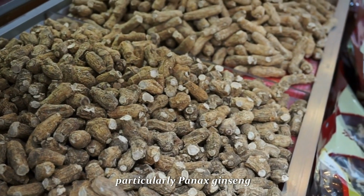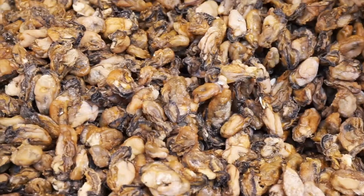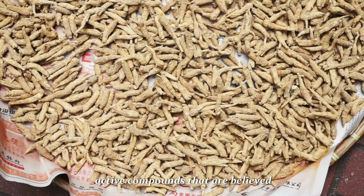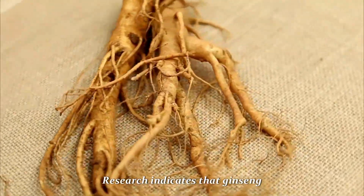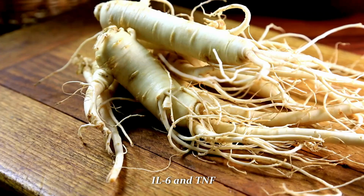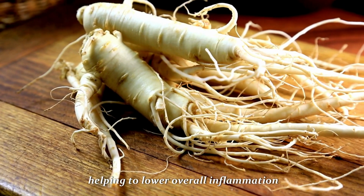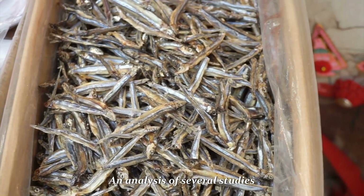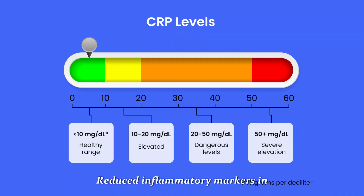6. Ginseng. Ginseng, particularly Panax ginseng, has long been prized for its medicinal properties. It is rich in ginsenosides, active compounds that are believed to have anti-inflammatory effects. Research indicates that ginseng can significantly reduce levels of CRP, IL-6, and TNF-A, helping to lower overall inflammation. An analysis of several studies found that ginseng supplementation over several weeks reduced inflammatory markers in participants with elevated CRP